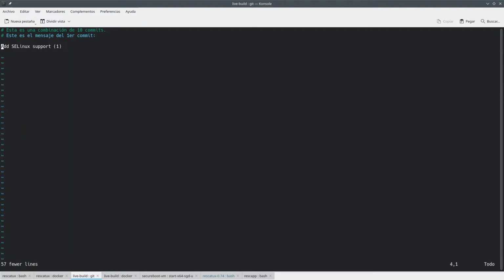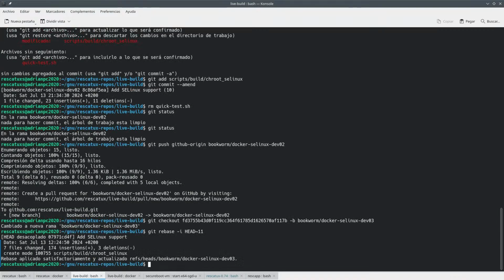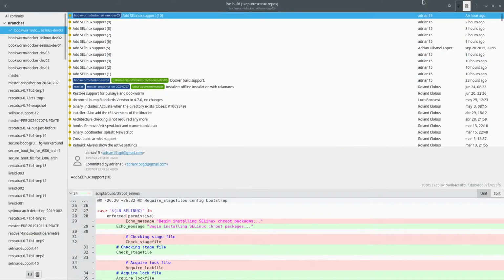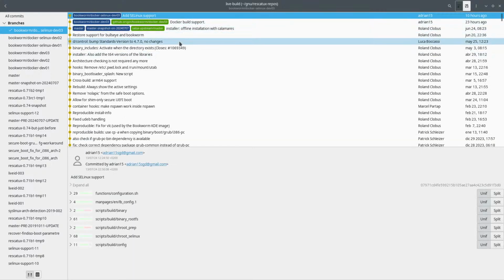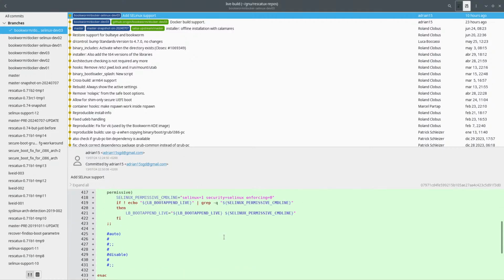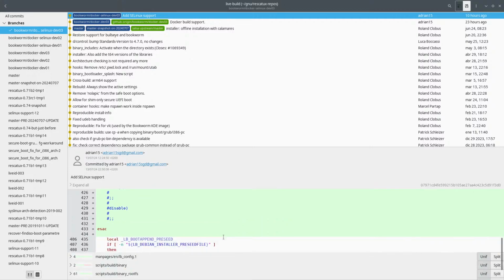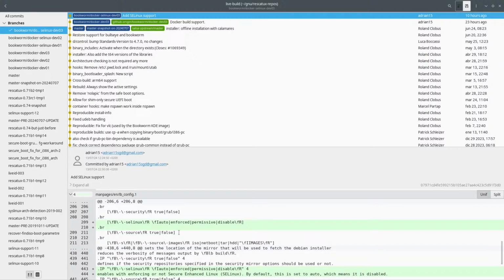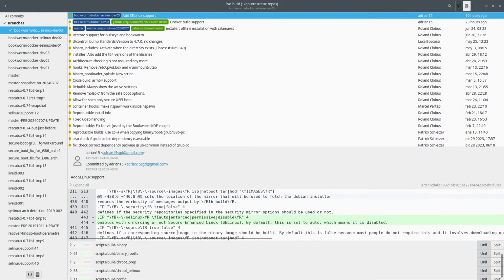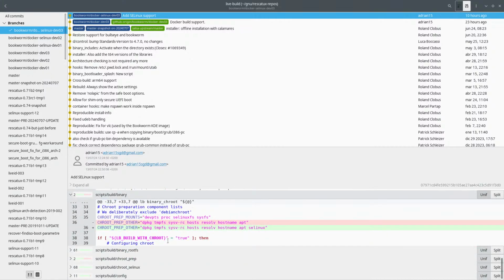So this is number one, but let's do this like this. Now we are going to have only one commit, which we are going to push, and then we will see how we do this stuff with the other one. So here we have the configuration thing, that it's lacking whatever l.config. Yeah, so binary,